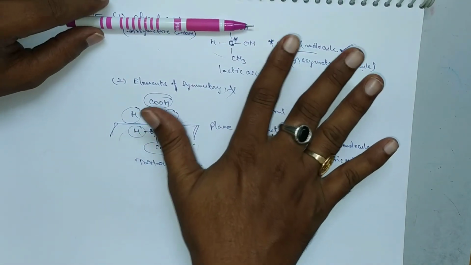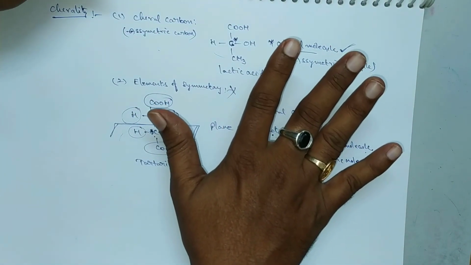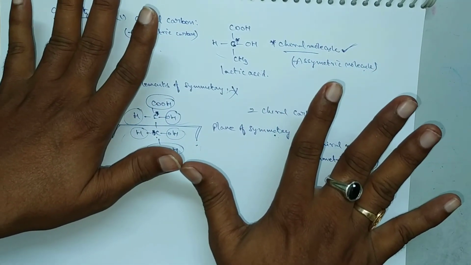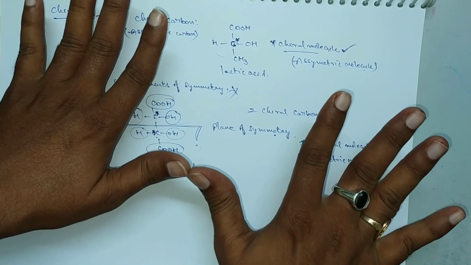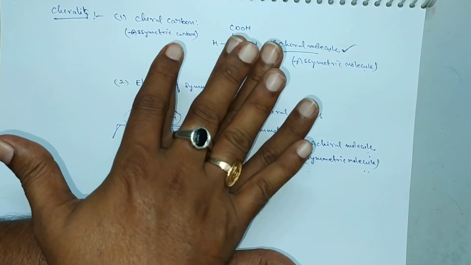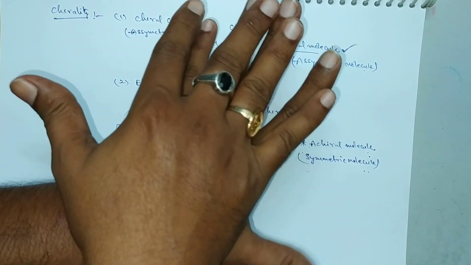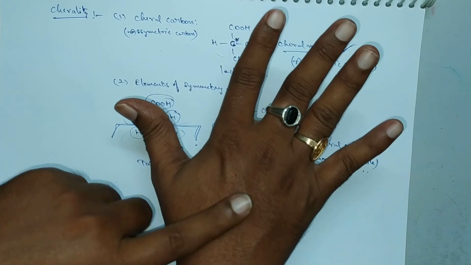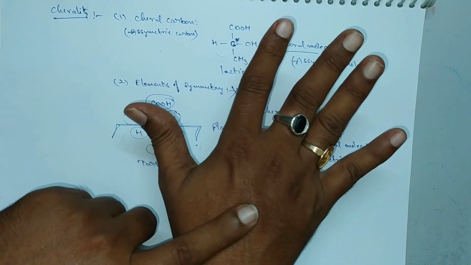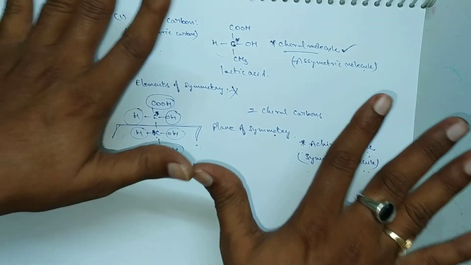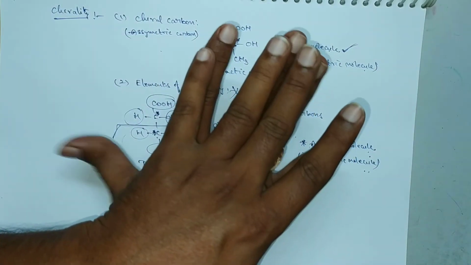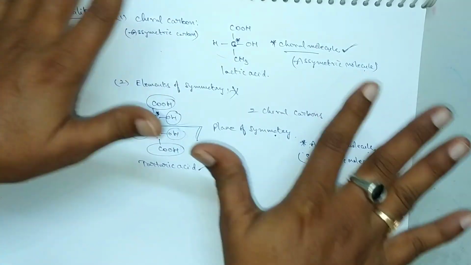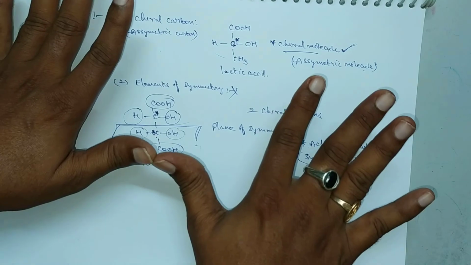this hand, so what is the mirror image of this hand? This is the mirror image of this hand. So these two are mirror images to each other. If you superimpose these two, they are not superimposable, so the thumbs do not coincide. So that means this molecule has a mirror image. Suppose this is a molecule, it has a mirror image like this. These two mirror images are non-superimposable. Here the thumb is not coinciding. So these two have a non-superimposable mirror image relationship.